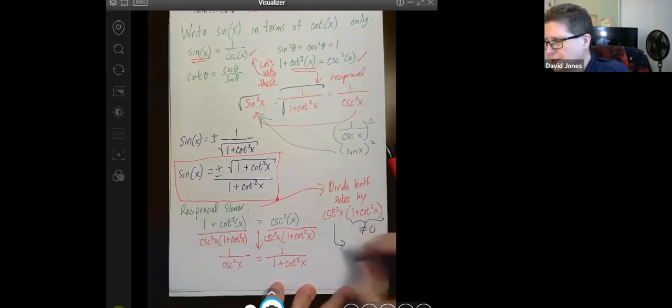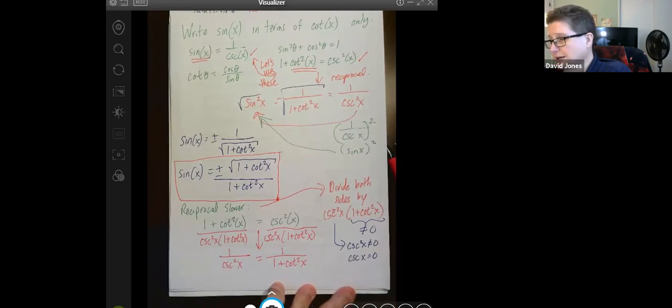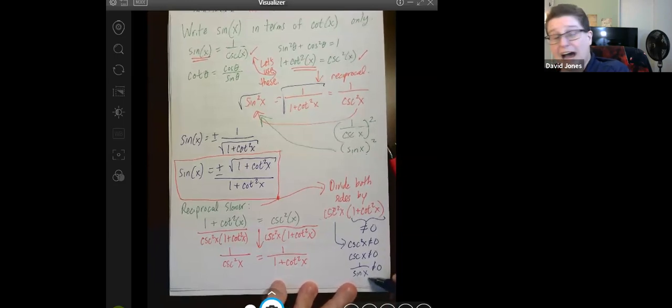The assumption by doing this is cosecant squared x does not equal 0, which means cosecant x does not equal 0. Which means 1 over sine x does not equal 0. And this cannot equal 0. There's no way this can equal 0. This could be undefined, but cosecant x never equals 0. In fact, if we,